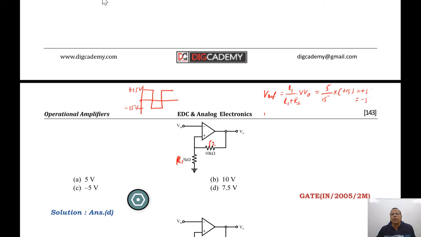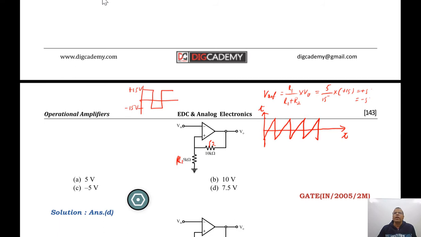Now let us talk about the input of the circuit. Input to this circuit is nothing but a sawtooth wave which is symmetrical about the real axis with positive slope. That means it goes like this. Sawtooth wave means it comes to 0 suddenly, then goes like this, comes to a negative value, goes like this. This is a sawtooth wave which is symmetrical about the time axis. That's what I am trying to say.